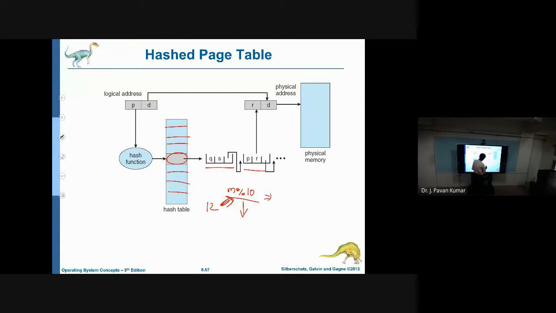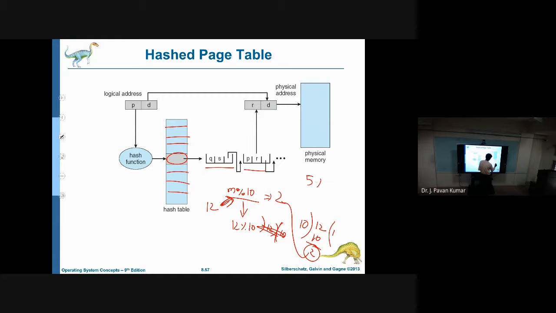If you give 12 as the value, 12 mod 10 means it will divide 12 with 10, and then we will get the remainder as 2. So 2 will be the result of 12 mod 10.